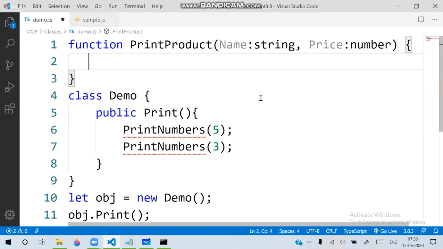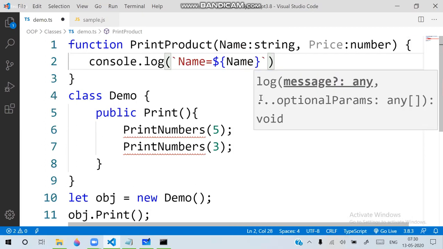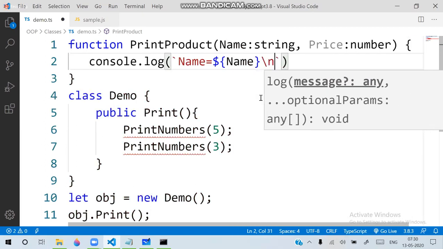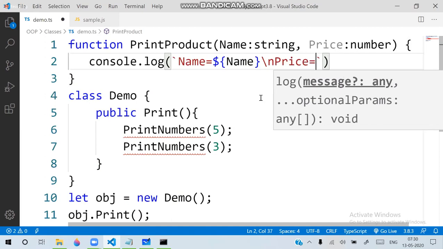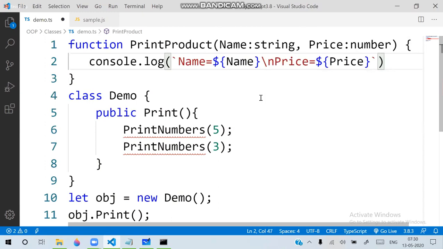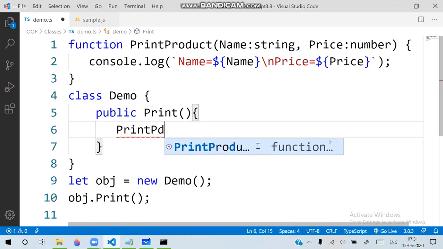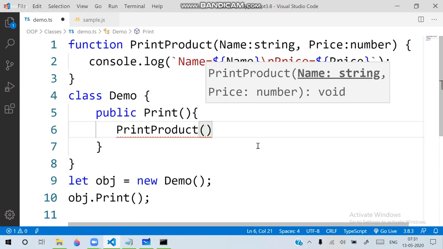When we pass them, it will print with console.log: name is $name, and on the next line, price is $price. It is going to print those details. But important, both are mandatory. Now when I call this, we need to pass print product. Print product is a function, and into the function we are passing